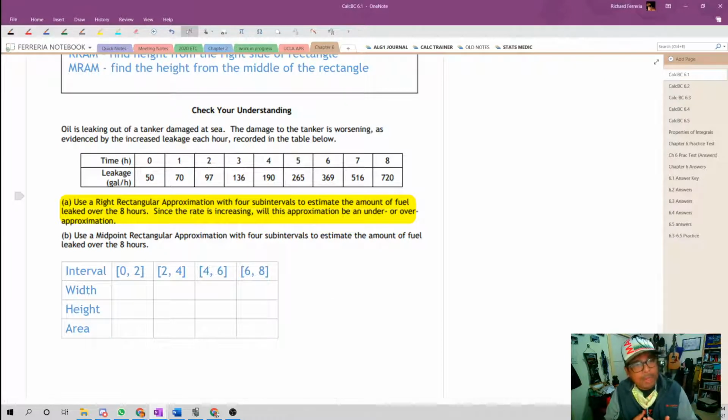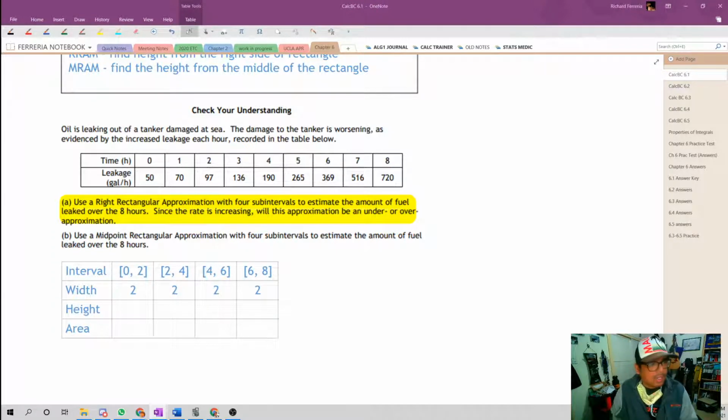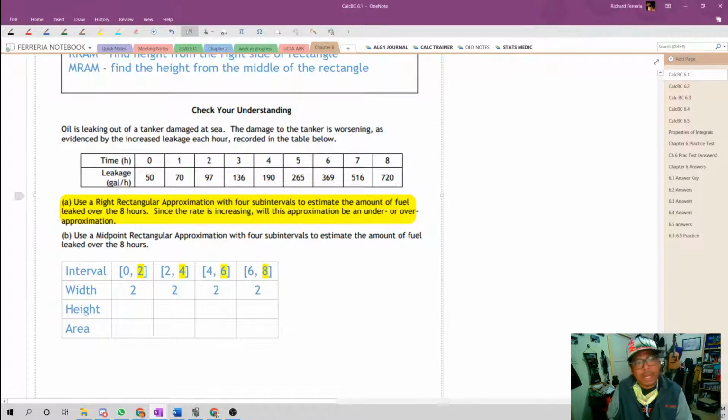Do some quick math to make that work, and yes, it does work. The width of each of these intervals is going to be 2 hours. And we want to find the height on the right side. So we'll highlight all of the right sides,